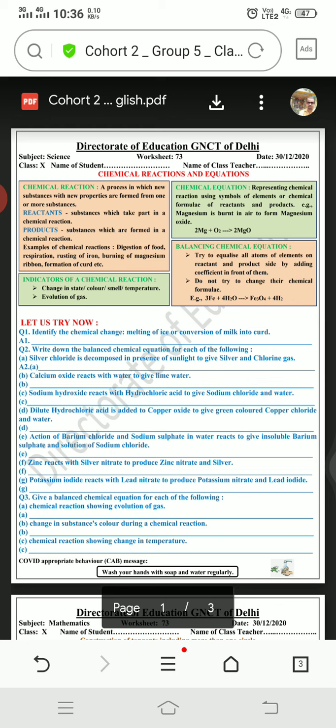So now comes balancing of chemical equation. Balancing of chemical equation is the equalizing number of atoms on both sides of the arrow, on left hand side and right hand side, is known as balancing of chemical reaction. Like we have hydrolysis of iron, oxide of iron is forming when iron reacts with water molecule.